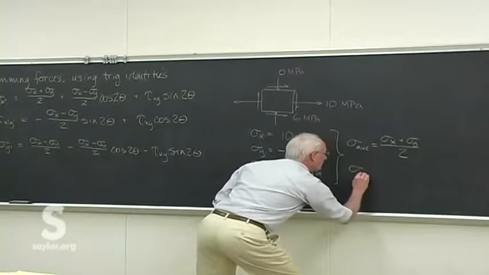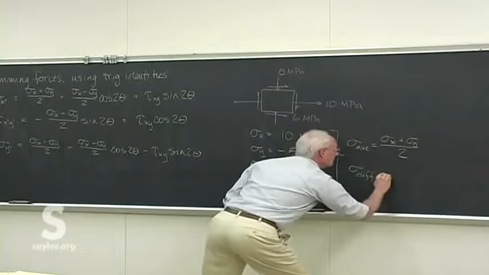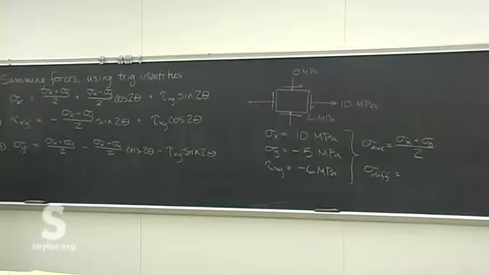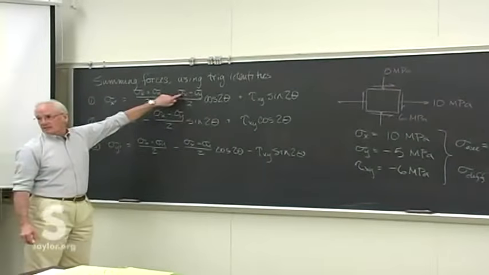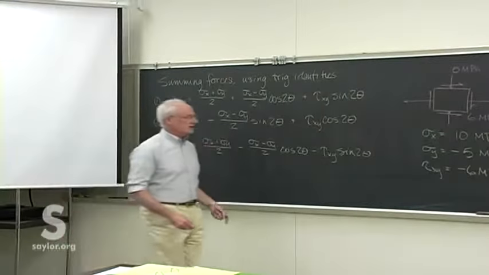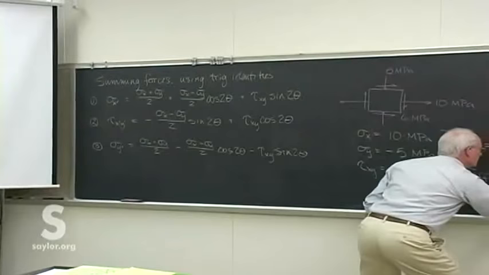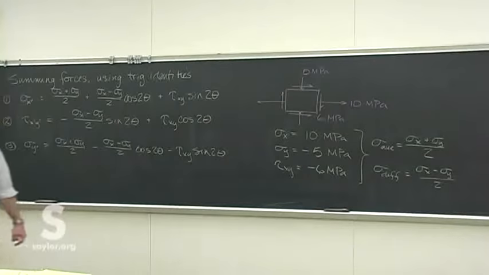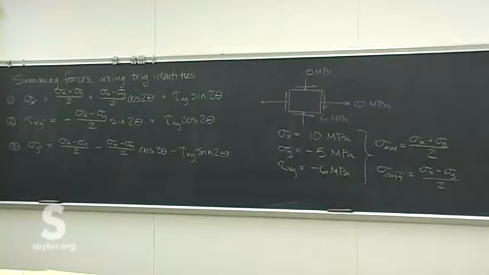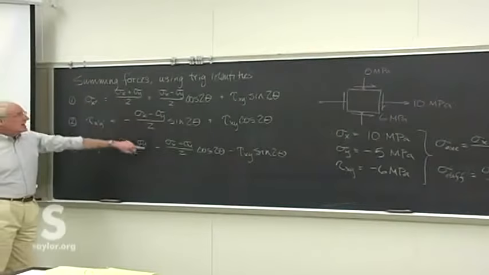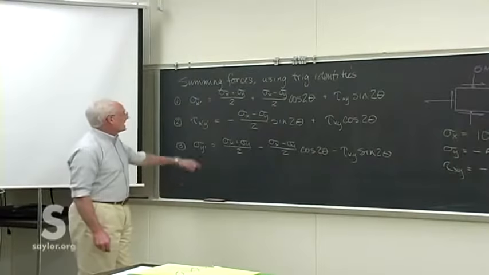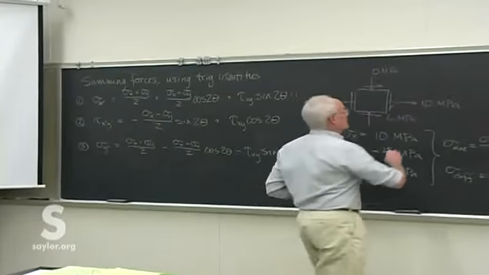And then this one, I've defined myself just because I'm fantastically creative at certain moments. But we've got this sigma x minus sigma y over 2. It appears in all three equations. So let's just calculate it once, give it a little name. It doesn't play as big a part in what we're going to do from here on as sigma average does, but it is a way to simplify things for you. It just makes these equations a little bit simpler. So go ahead and calculate that separately as well,